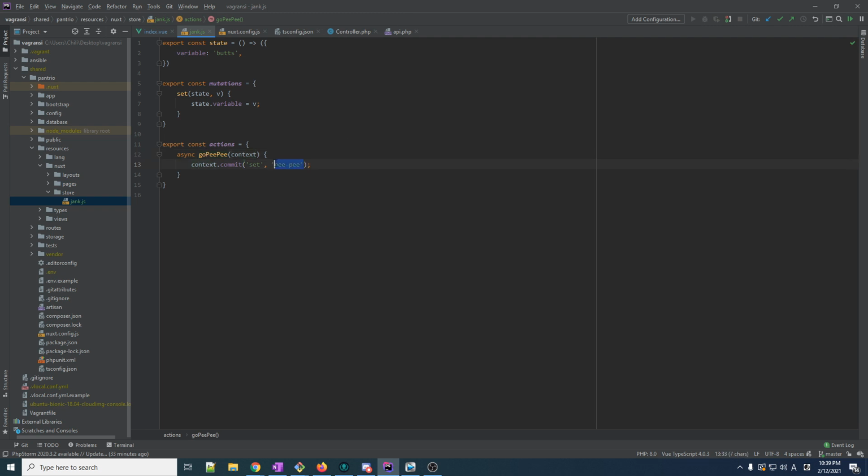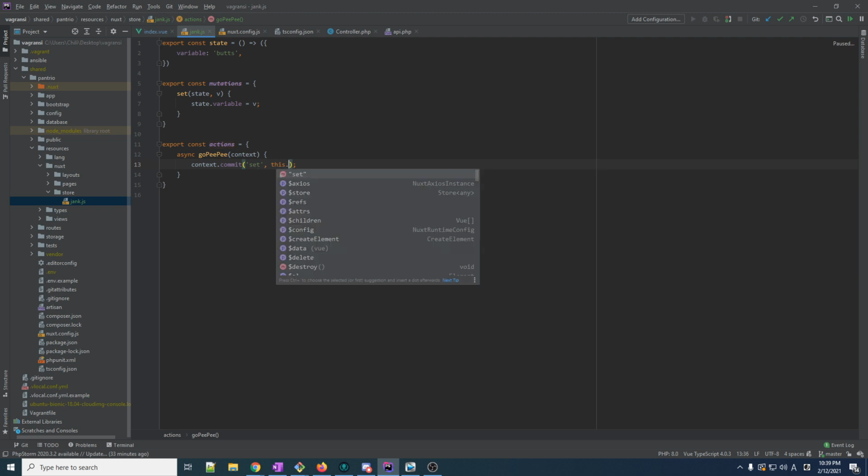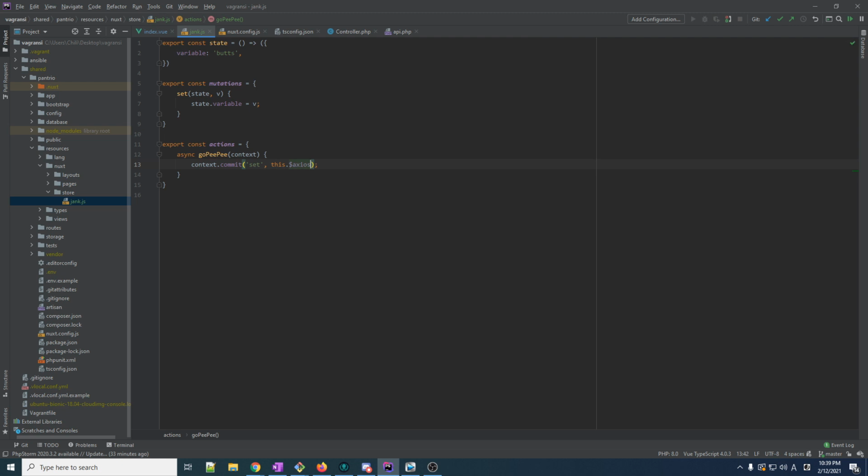And yeah, let's actually do some asynchronous stuff. So with Vuex, we can go this.$axios. We have access, Nuxt injects the Axios instance into our Vuex. So I'm just going to paste in the same call that we had inside of our component there. We're going to get the data from our Laravel API, and we're just going to use part of that data